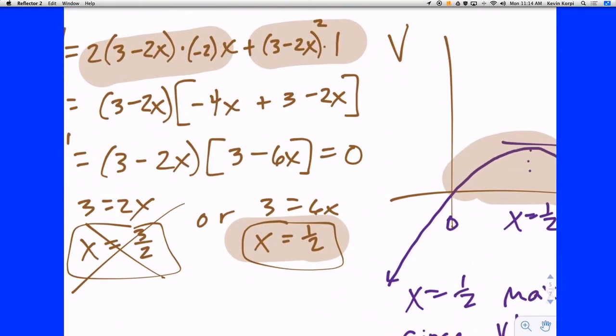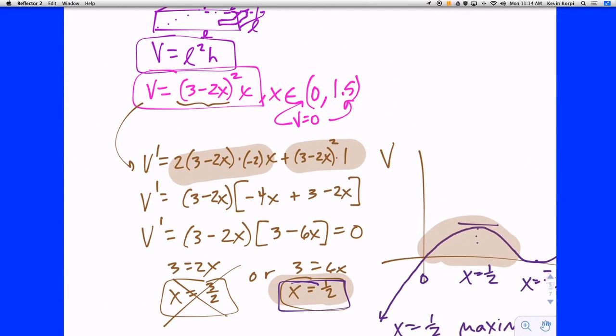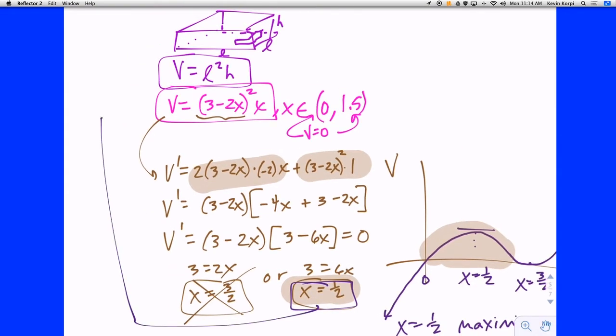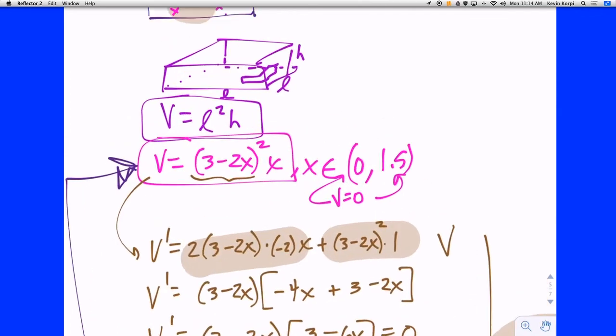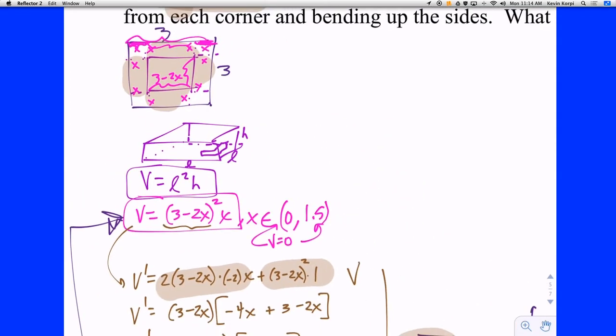How do I find the volume? I have x equals 1/2, and now I need to figure out the volume. We have two options. You can figure out what all the dimensions are and multiply them together, or you can simply come back up here and plug it into that first equation you created that was in terms of x. So let's do that. So now that we know that it's going to be the value that maximizes, we answer the question. So the maximum volume